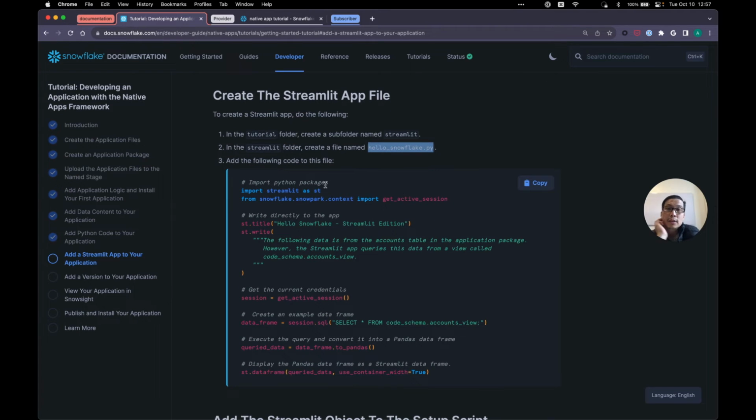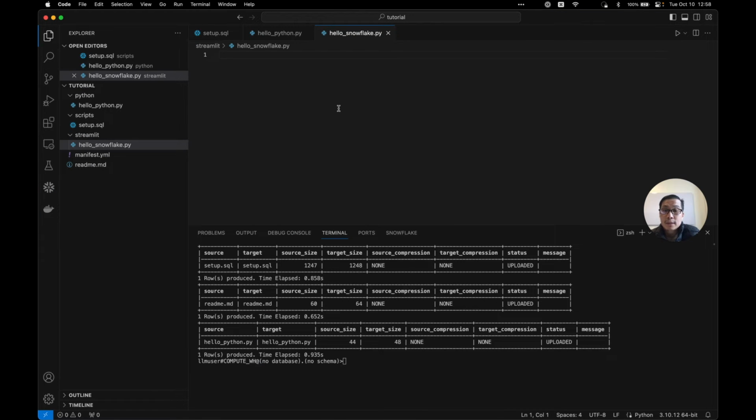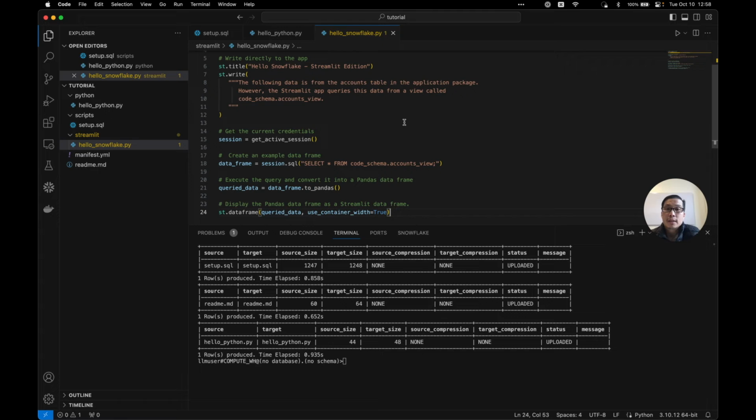So what is this code doing? It is going to import the Python packages, Streamlit, the context, which is great because this is just going to get the active session. So within the Snowflake governance boundaries of my account, I don't have to worry about the single sign-on and the login. The title, the write, just like the paragraph that we explained, and then it's basically a hello world, selecting from this file, and then it's just going to display it. So let's bring that over to our hello_snowflake.py Streamlit. So paste, there you go, and save. Okay,